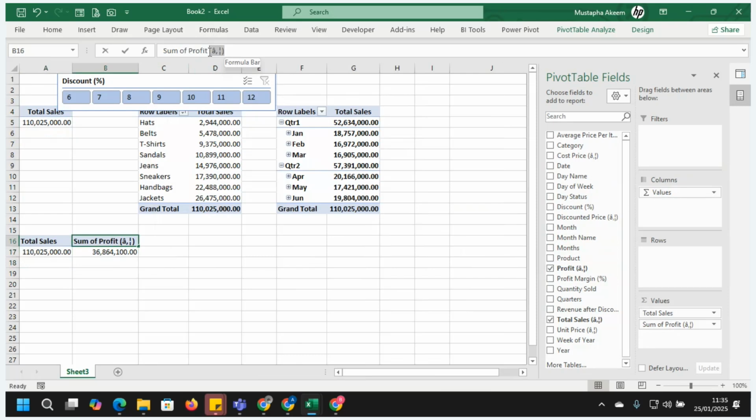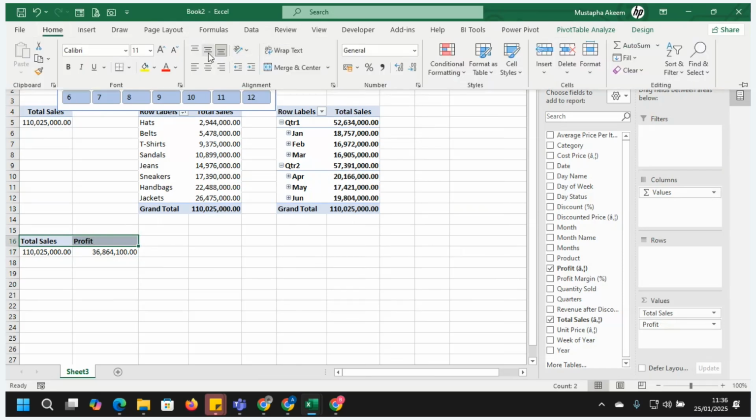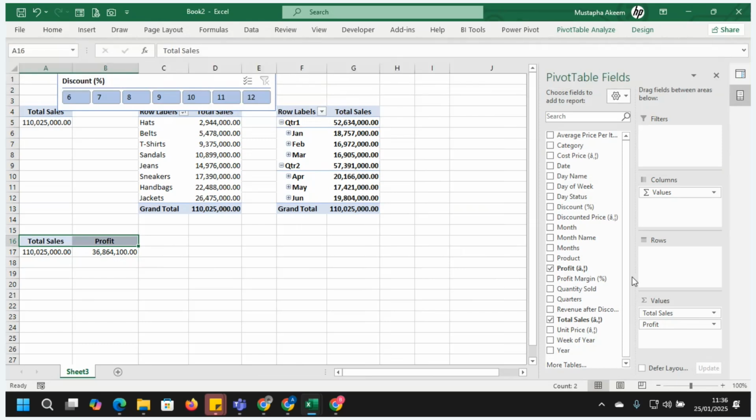Removing this, I'm going to remove everything here. Just profit, okay. So we have that profit, so that we can compare them. Compare the profit and sales together. Okay, so that is that.